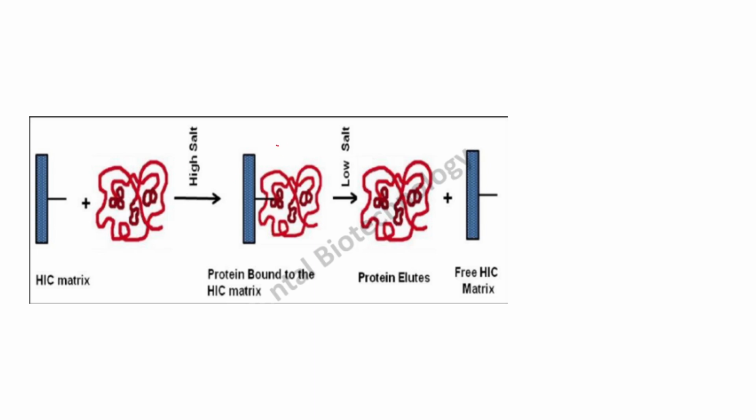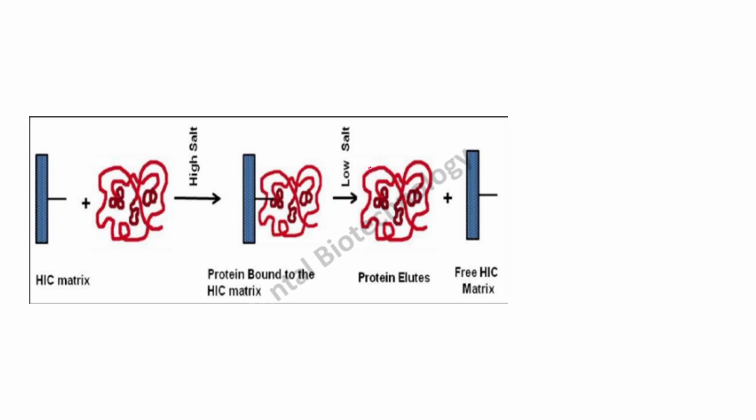And when we slowly decrease the salt concentration, basically we are changing the polarity. Right now the environment was hydrophobic, so the interaction was happening. Now when we decrease the salt concentration, the environment is becoming more and more polar. Water content is increasing. What will happen if the water content is increasing? The protein will again bury the hydrophobic patches inside, and the hydrophilic parts will be outside. And once the hydrophilic parts are outside, hydrophilic cannot interact with the hydrophobic, and thus the proteins will elute out